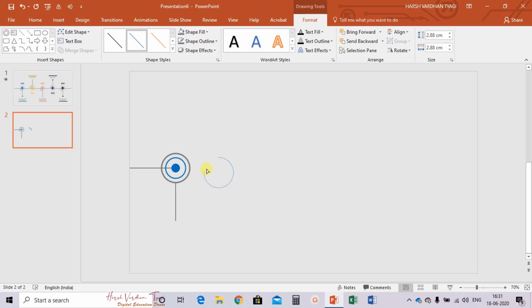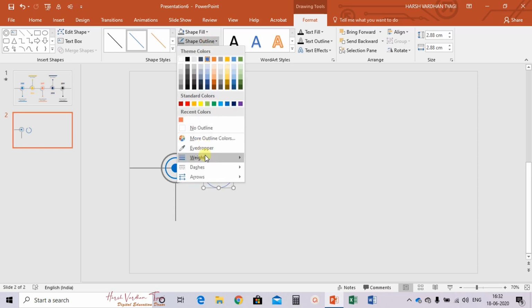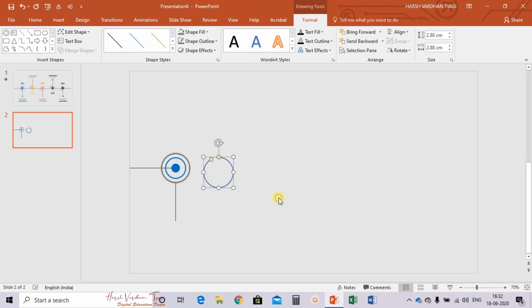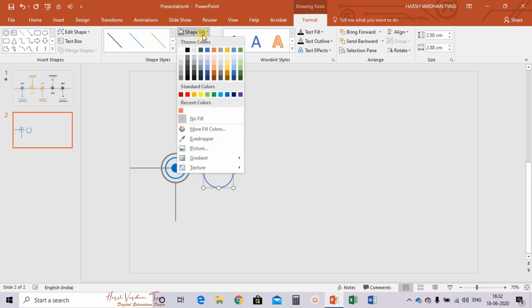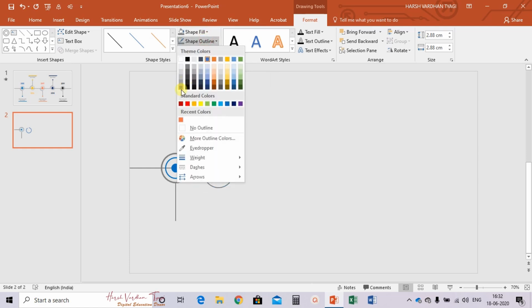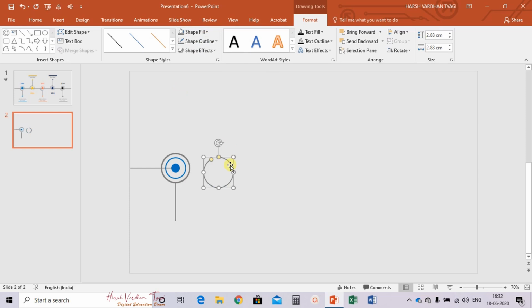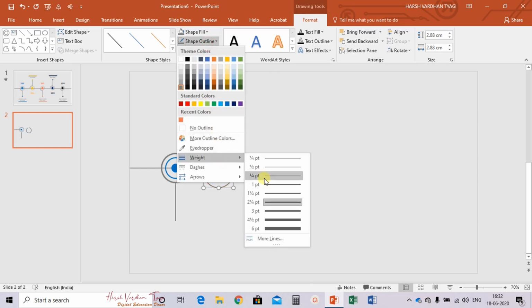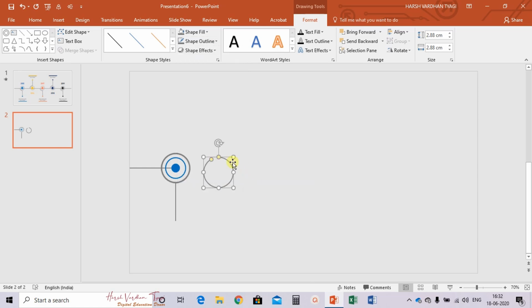Make it a complete arc, this much, and then select the shape outline, weight as 2 1/4, and shape outline with the same color, sorry, not shape fill. 2 1/4 and then